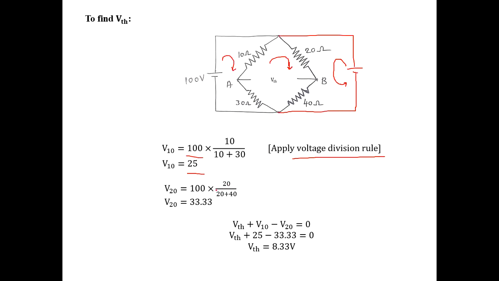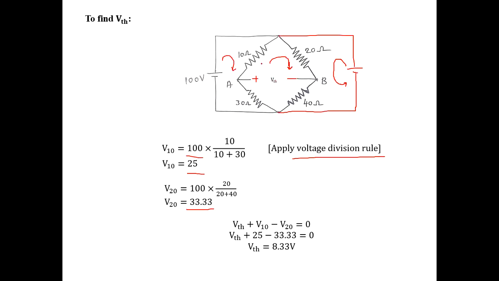which is equal to 33.33 volt. Next, we have to find the VThevenin. Let us consider, to find VThevenin, we have to choose this first loop. Here this is plus, this is minus. To calculate VThevenin, we have to take the direction of the current in this direction. We know that we apply KVL for VThevenin.